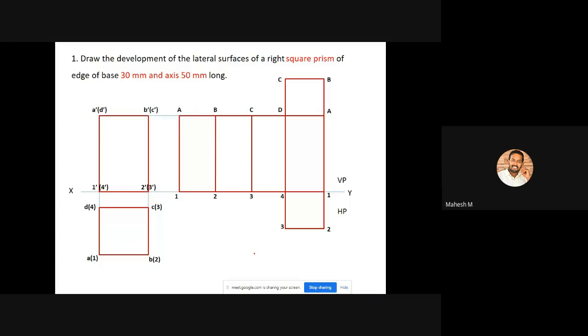Okay, is there any doubt? Because it is a very, very simple one. If you're creating a development for a normal solid, it will be very, very simple. But we'll be asking a question only with truncated solid or else